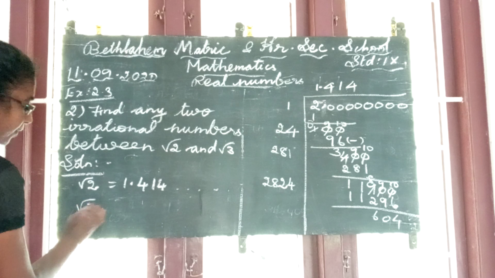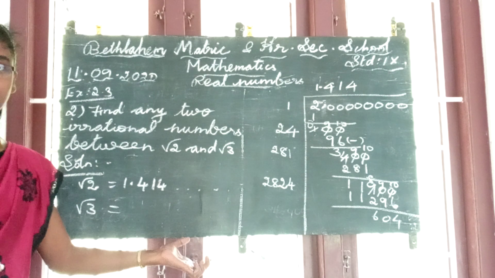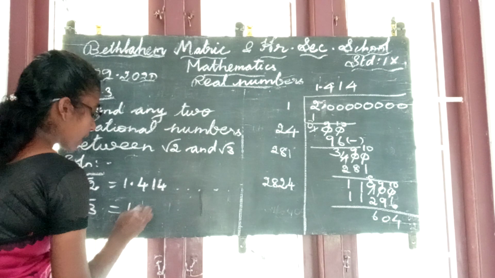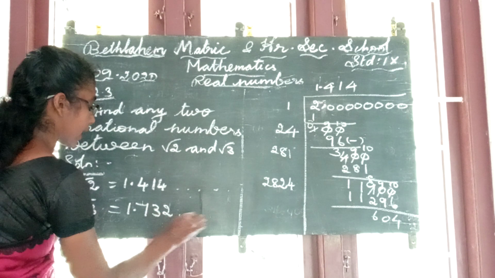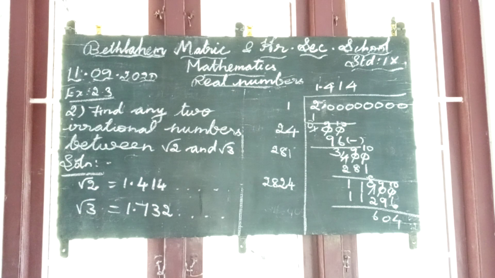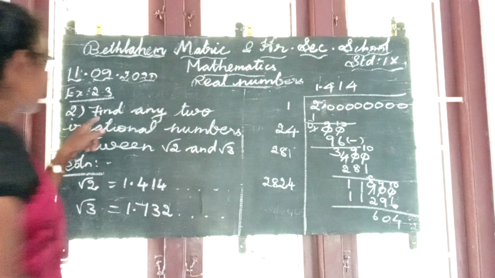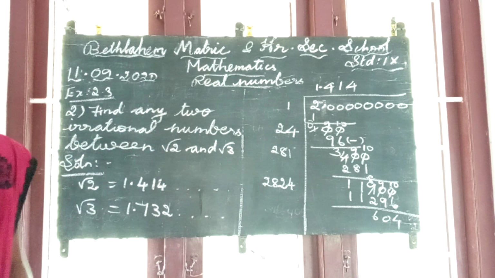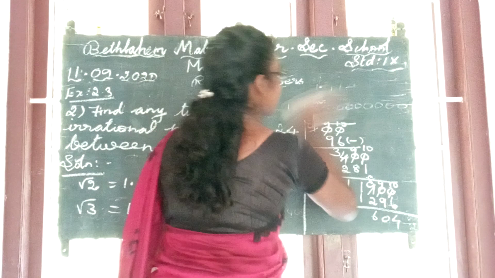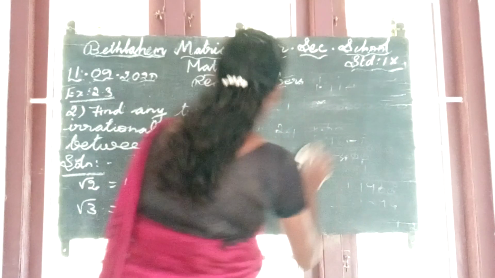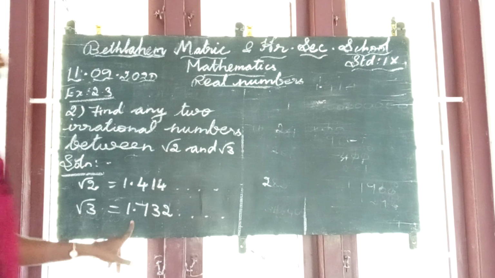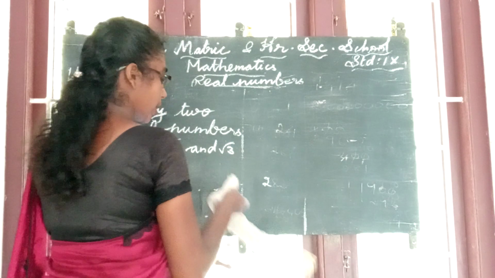Next, root 3. In the previous problem you learned the decimal expansion of root 3. What is that? Yeah, very good. 1.732 etc. What is the question? Find any two irrational numbers between root 2 and root 3. Can you find any two irrational numbers between these two numbers? Yeah, so we can write it. Two irrational numbers between root 2 and root 3 are